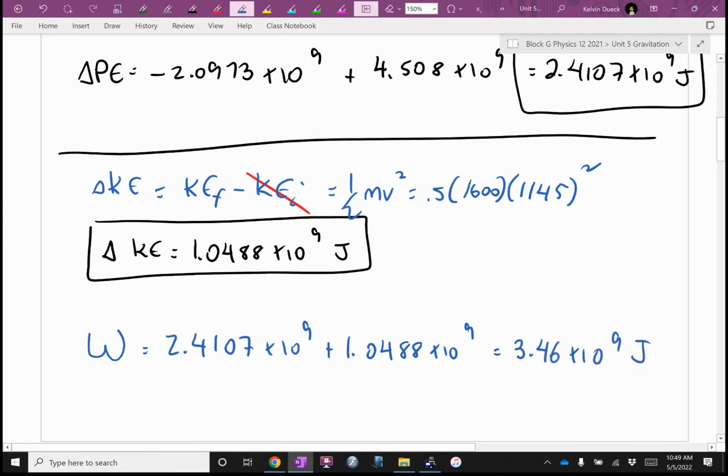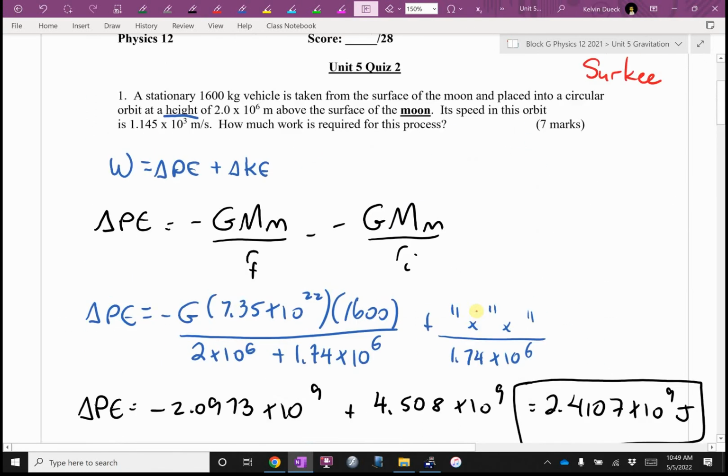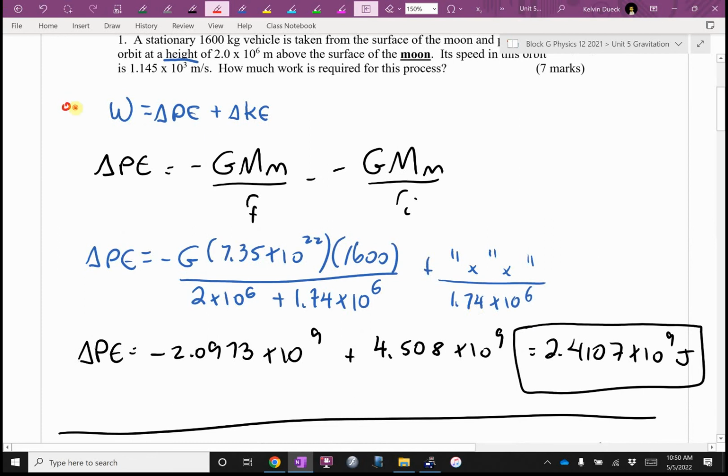If you got that right, how many marks did I make this worth? 7, good, that's what I would do on a test. This is a long question. If you got it right, 7 out of 7. Otherwise, how would I give out part marks? I would give a half mark out if I saw that you would recognize we're going to use the work